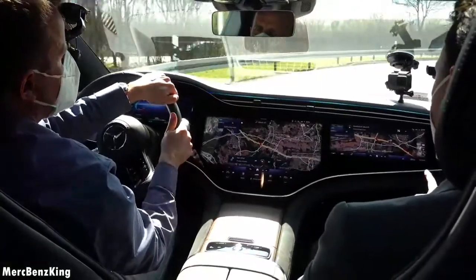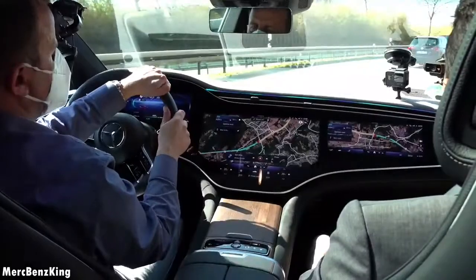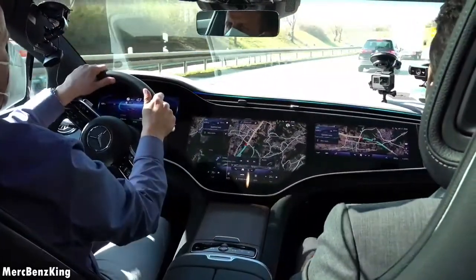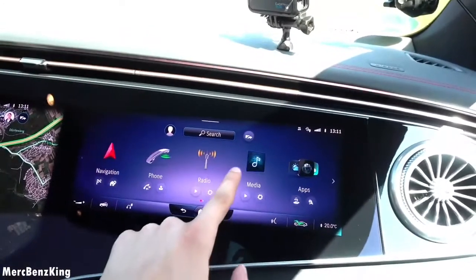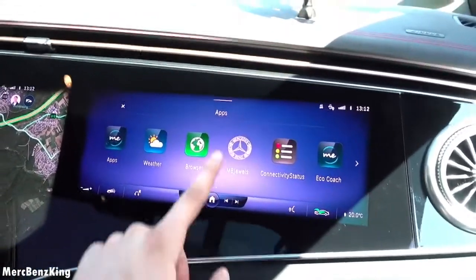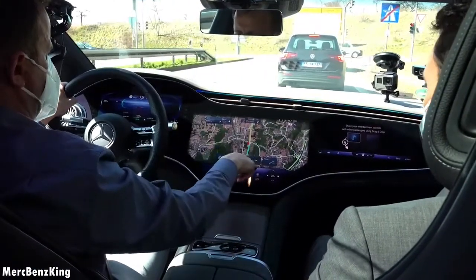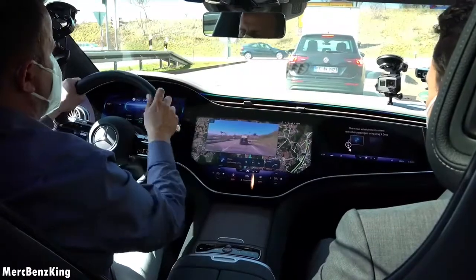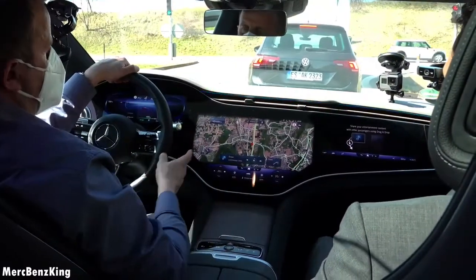So right now it's calculating the route, also on the center screen. You don't have to stay there, but you can basically leave that. But now you have calculated your route. And if you have a song, then you can swipe down and share it with your other passengers. Exactly. I'm just cancelling out all the rest because we don't want to go to music. But this is MBUX 4.4, so we've got